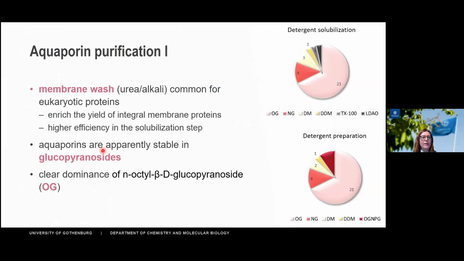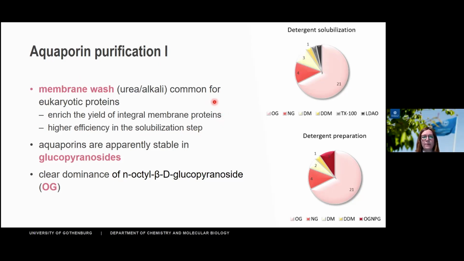Looking at the purification, we have one specific step for the aquaporins that is a bit untypical, and that is a membrane wash. So after the membrane isolation, it's very common to include a wash by urea and sodium hydroxide. And the idea with this is to enrich the yield of integral membrane proteins and then also get a higher efficiency in the solubilization step. But this, of course, requires that the protein is stable enough so that it doesn't lose fold and activity